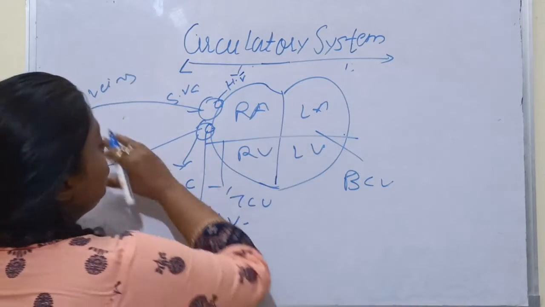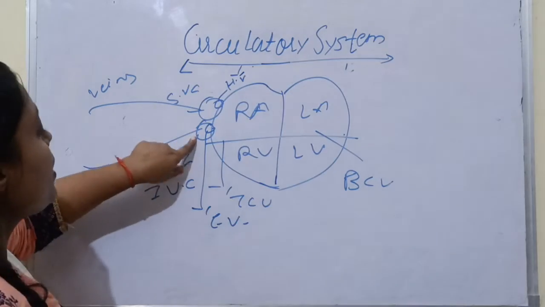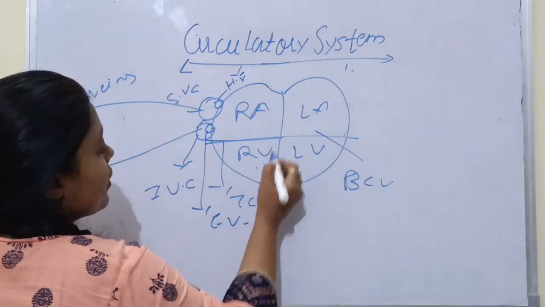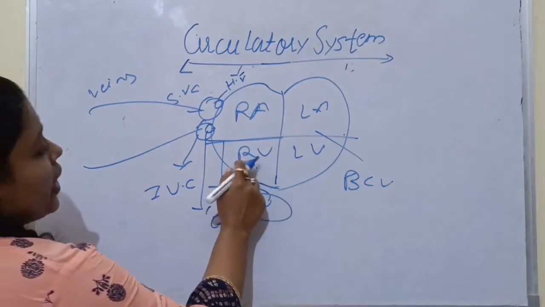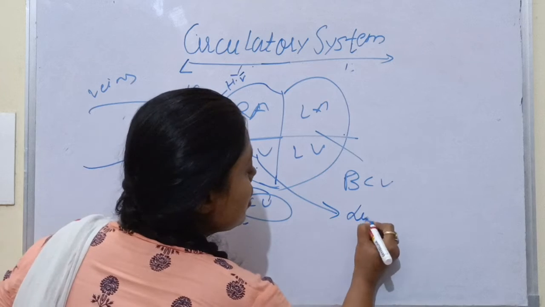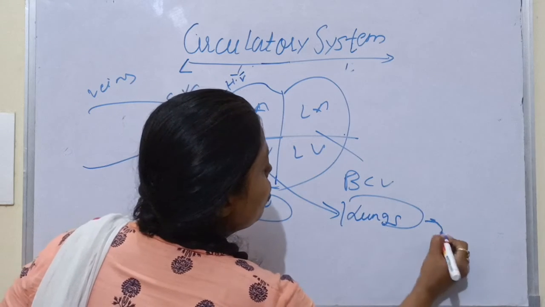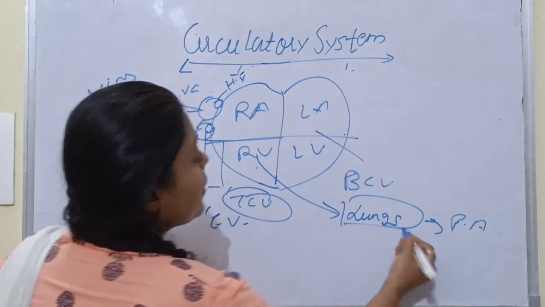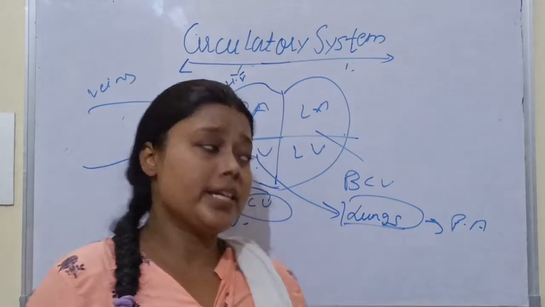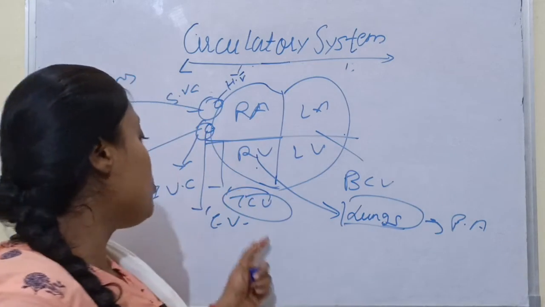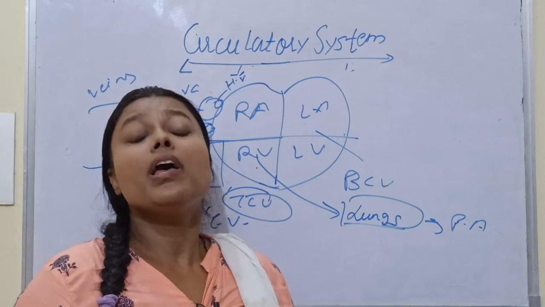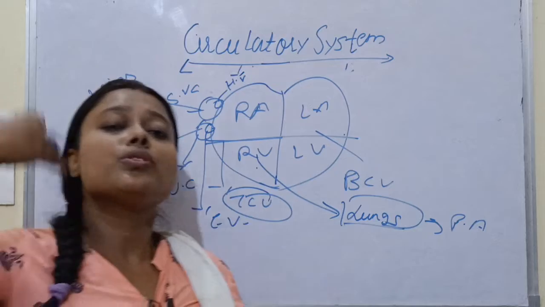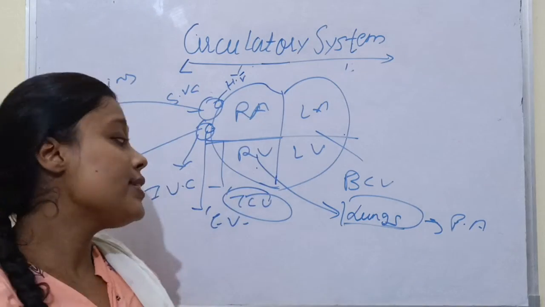Now blood reaches from the superior and inferior vena cava into the right auricle, and from the right auricle to the right ventricle through the tricuspid valve, and from the right ventricle blood reaches the lungs through the pulmonary artery. Okay, this is the pulmonary artery. And now here in the lungs, the purification of blood takes place. The blood here is impure because veins carry impure blood, so carbon dioxide is present in the blood. This carbon dioxide goes into the atmosphere, and from the atmosphere oxygen reaches the lungs.